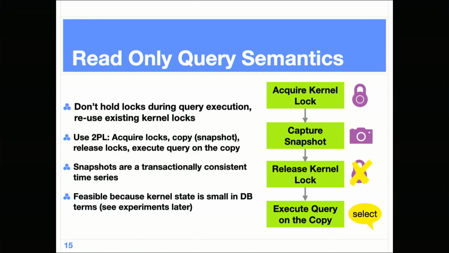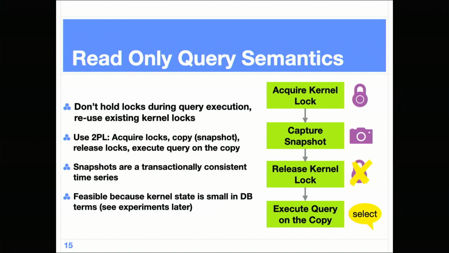So snapshots are transactionally consistent time series, right? This gives us a really nice way of looking at data. So I can actually sample the data in the kernel for like 30 seconds or 5 minutes or however much memory I've got to do that. And then, for instance, if we're trying to debug a kernel crash, I can actually capture the last number of snapshots before the crash. When we panic and do what's called a dump, we dump everything to the disk before we reboot, I now have that in memory.